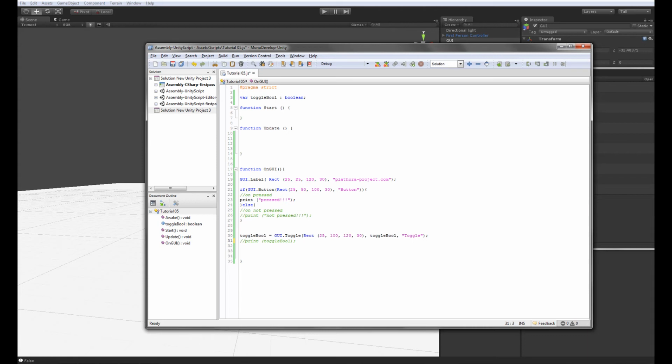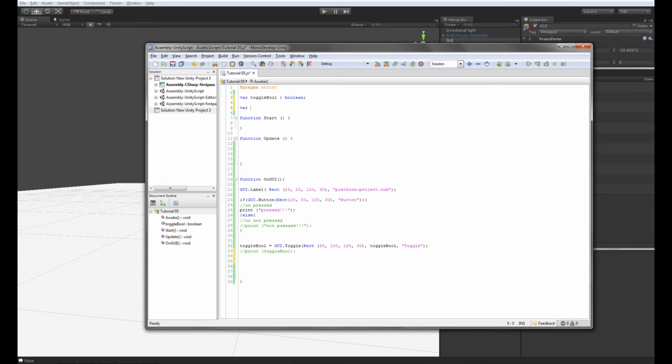And the last one that I'm going to show, especially because I like to use it a lot for tweaking and in-game alterations of all sorts of variables, is the slider. So for that one, we will also do a variable, right? We're going to do a variable slider 1, and we're going to say it's a type float, right? So slider 1 is going to be GUI dot horizontal slider,